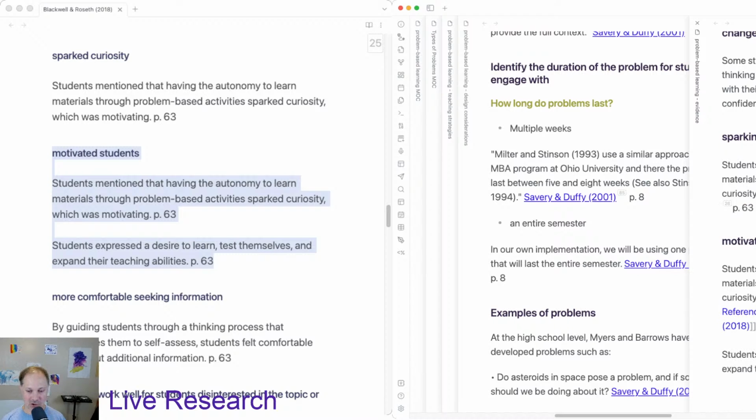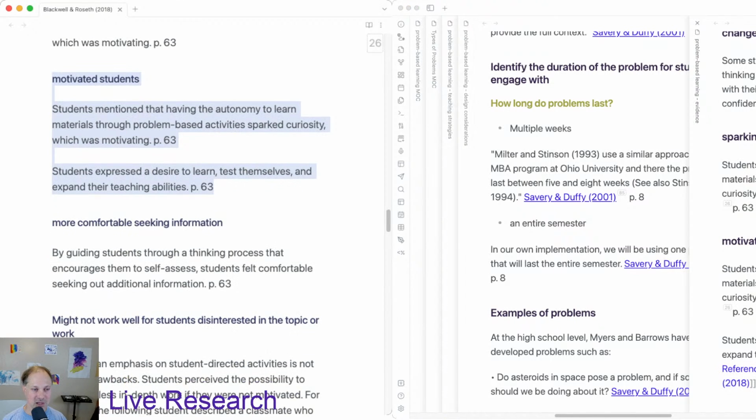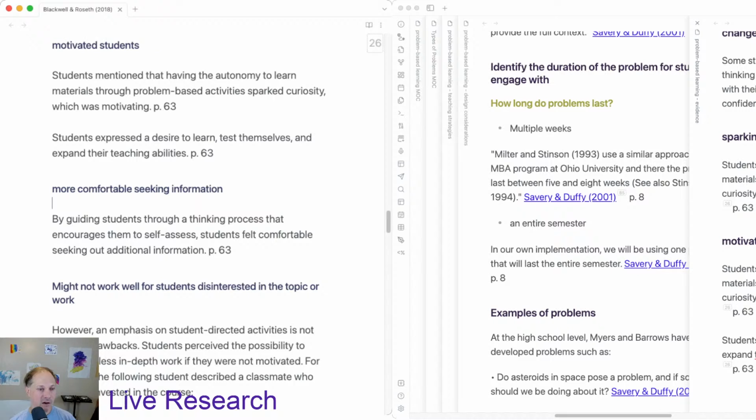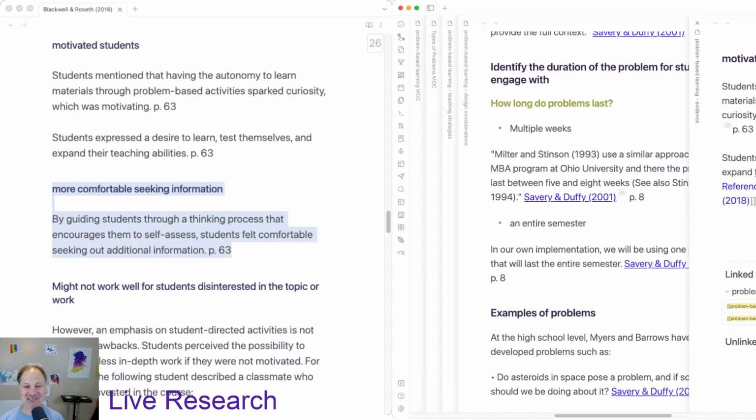It takes time to go through and transfer all this information and these ideas, but for me, it really pays off, because essentially you end up structuring some of what you're going to be writing about if it's a writing project. More comfortable seeking information. This is all really fantastic. I'm really happy with this article and with all the information that I'm grabbing here,